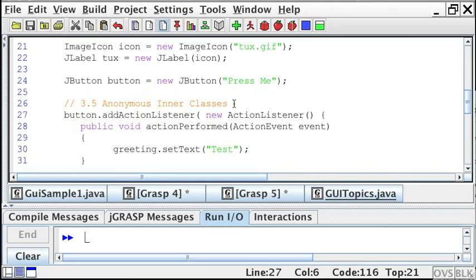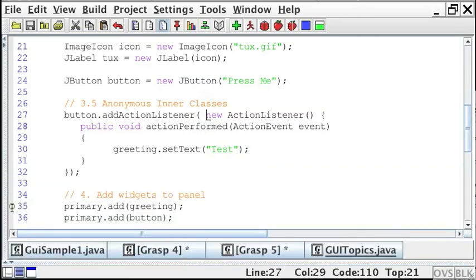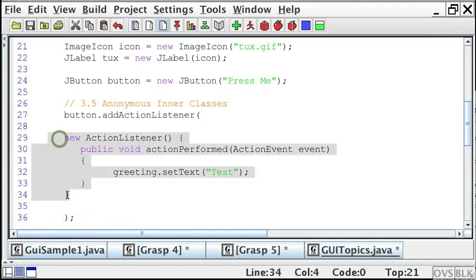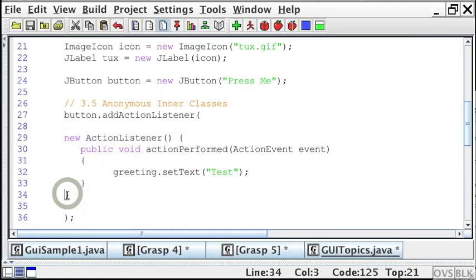So this is going to look a little bit weird, and I'm going to start to break down where this code is a little bit unique. I'm actually defining a class inside of the parameter list of this method. So here is the beginning of my parameter list for the addActionListener method call. Here's the end of the parameter list, and the semicolon that normally ends the single line of code. What I've done differently is inside of the method parameter, I've